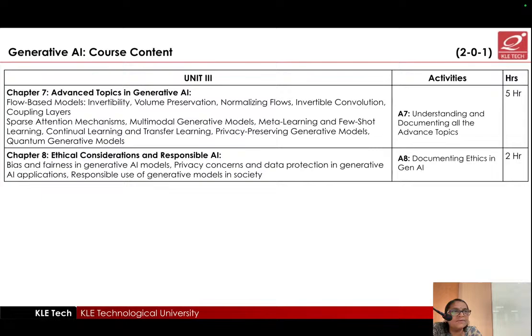So arriving at a de jure standard is not an easy task. People are now trying to come up with de jure standards for ethics, particularly for Gen AI. Still it is in the formation stage. We don't know when they will arrive. Next,